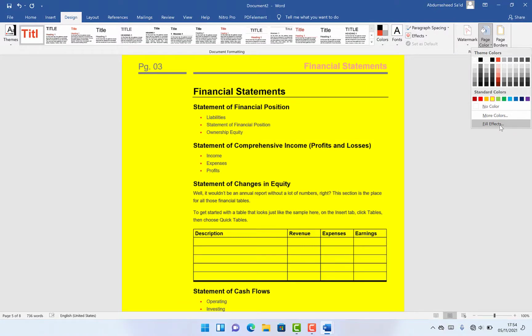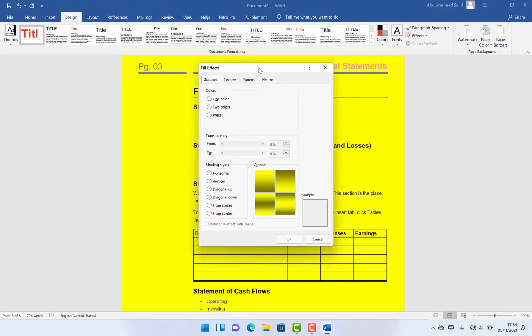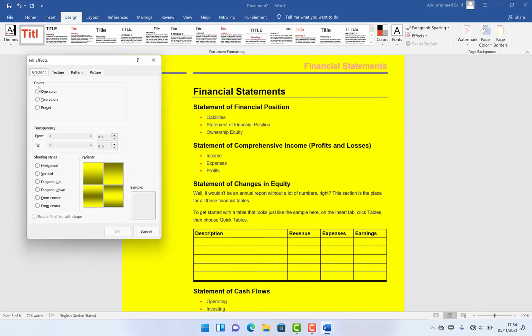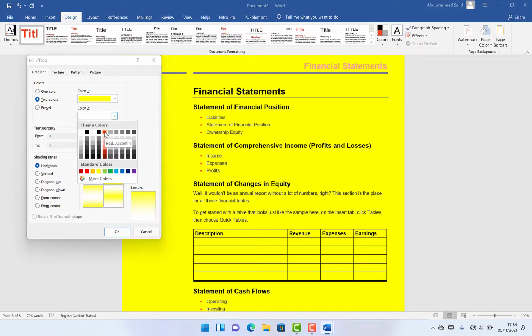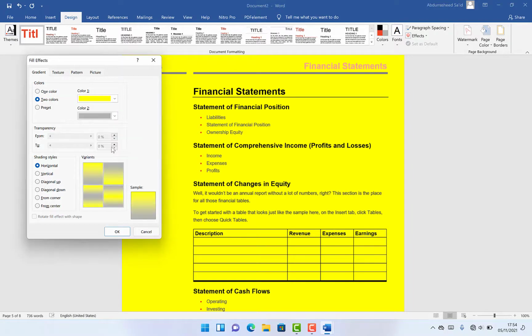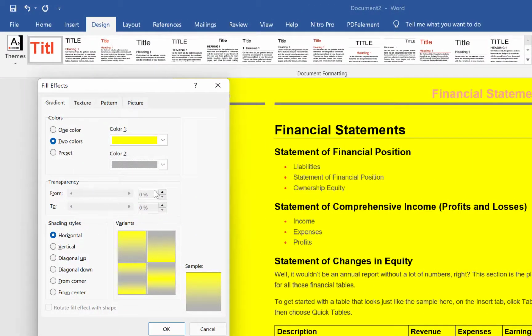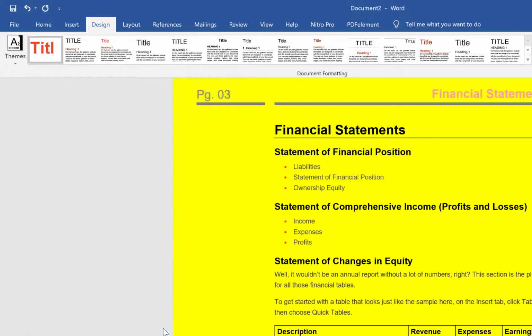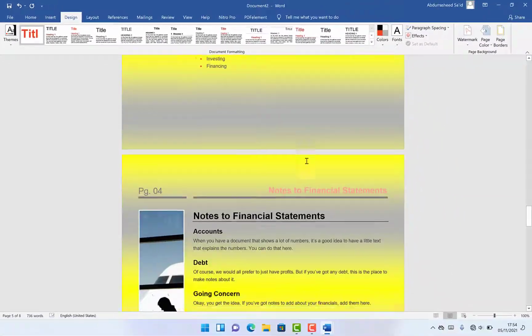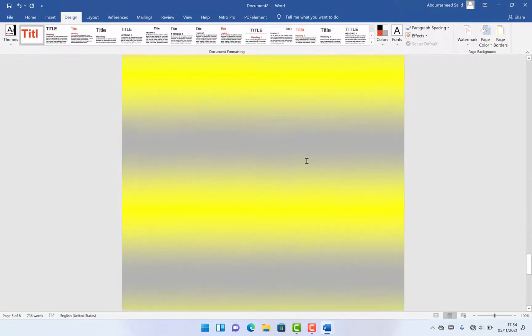Then there are other fill effects that you can see once you click on this. So you can make it look one color, or you can make it a gradient color. This is one color. You can make it two colors. For example, you select the second color if you want to put in something like this, and it's going to look like this, somehow gradient. So you're free to take this, and you can see it has changed accordingly. All right,